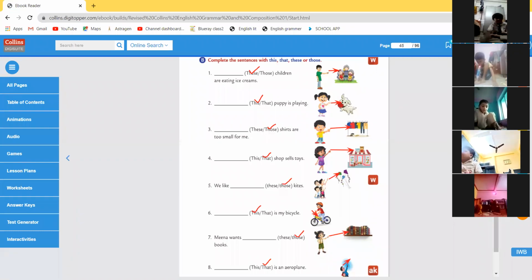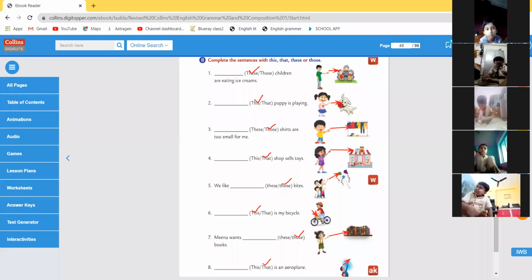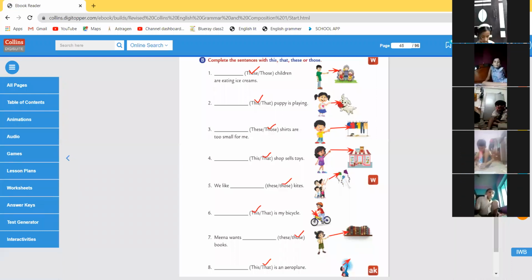But if you want, in that case, you can also write this is an aeroplane because as per the picture, it is showing that the aeroplane is very near to the man. So if you want, you can also use this, I have no problem. But as we know that aeroplanes fly in the sky, Akmal Ali, see it properly. So I have used that here. So if you wish, you can also choose this is an aeroplane. No problem at all. It absolutely depends on the distance.